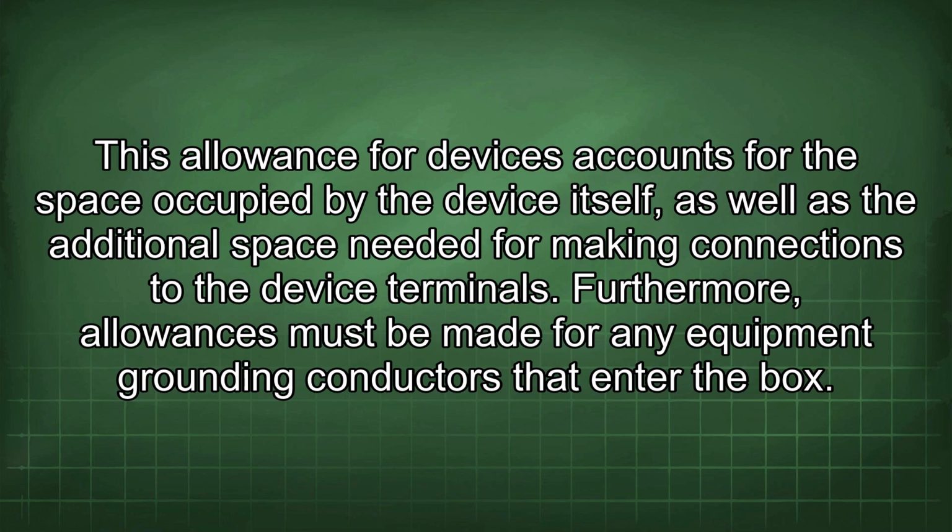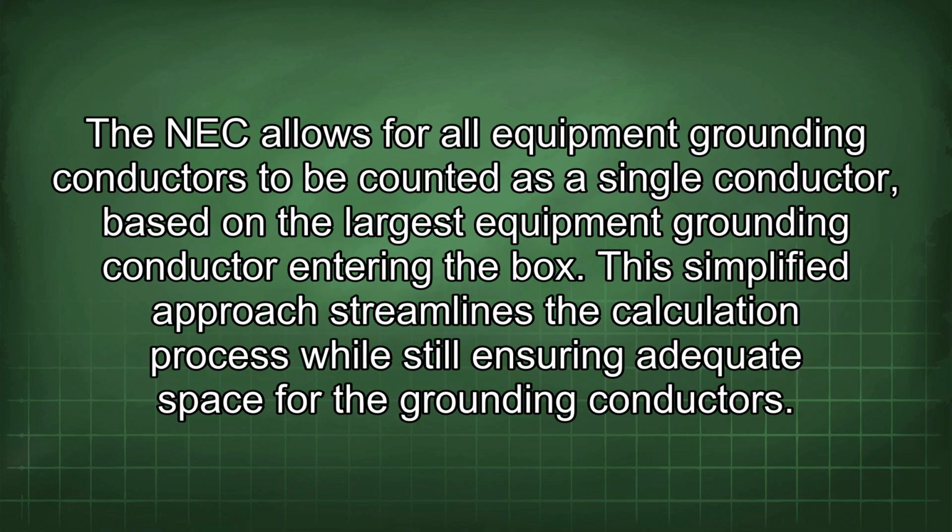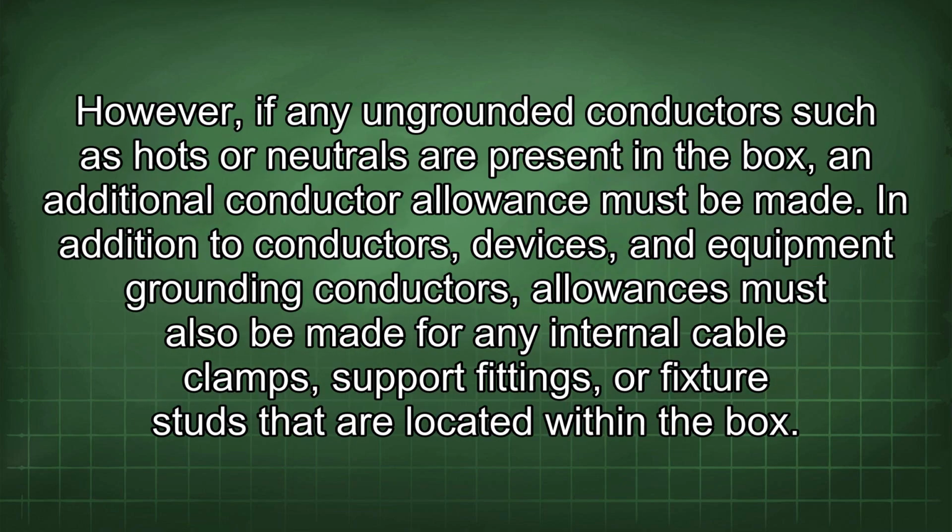Furthermore, allowances must be made for any equipment grounding conductors that enter the box. The NEC allows for all equipment grounding conductors to be counted as a single conductor based on the largest equipment grounding conductor entering the box. This simplified approach streamlines the calculation process while still ensuring adequate space for the grounding conductors. However, if any ungrounded conductors such as hots or neutrals are present in the box, an additional conductor allowance must